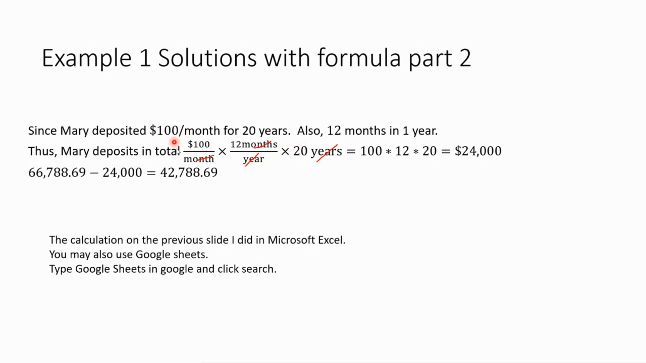Okay, so again, it's just a factor label method we're using. So her deposits alone amounted to $24,000. Well, anything else came from interest, right? Anything else came from interest. Okay, so what was the interest then? This is the total amount minus how much she deposited in total. Whatever's left over is the interest. So the interest was this,